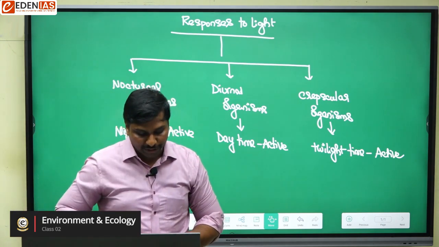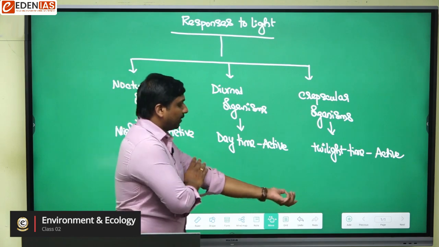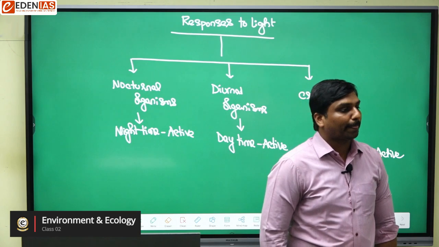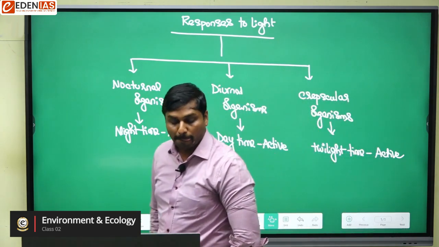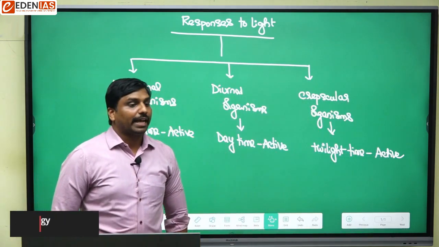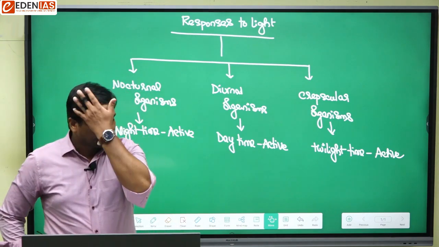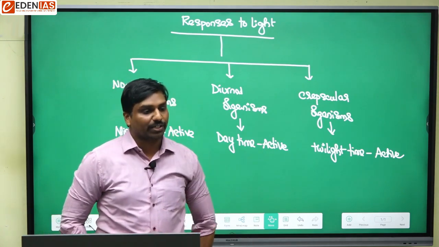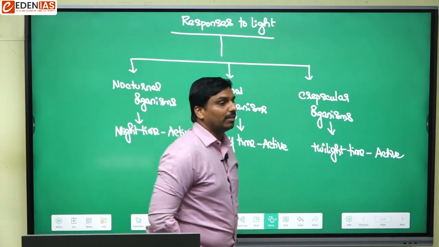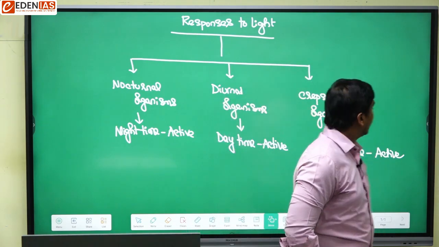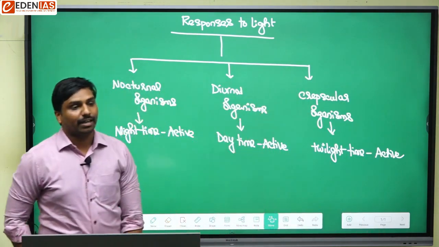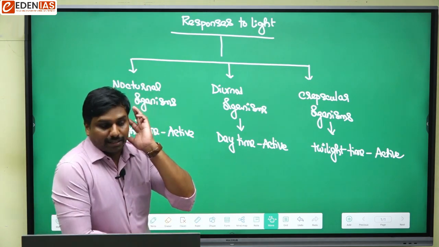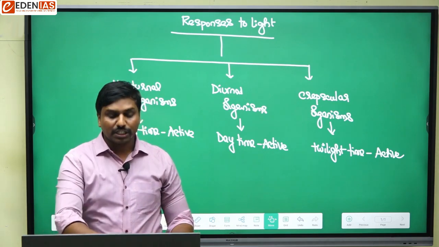Okay, so there you mention a heading stating response of animals to the light. Okay, response of animals to the light. So there first you may mention a heading stating diurnal animals. Diurnal, D-I-U-R-N-A-L, diurnal organisms. So under that you mention those animals